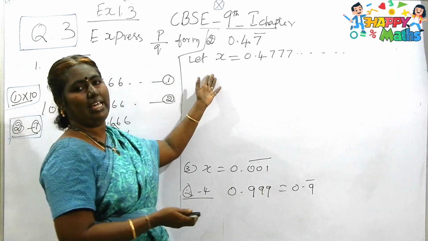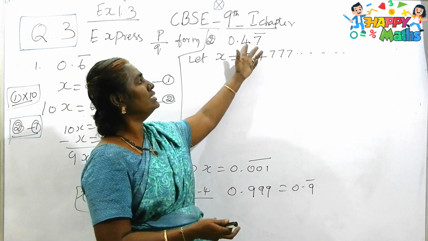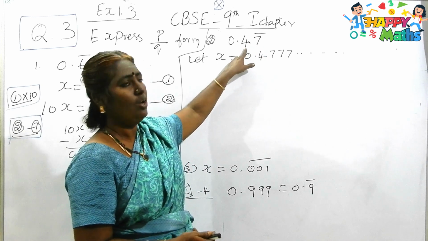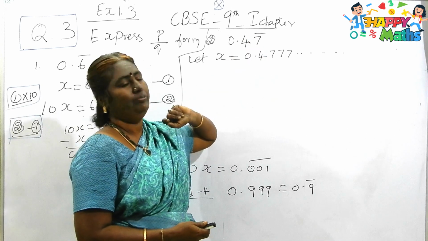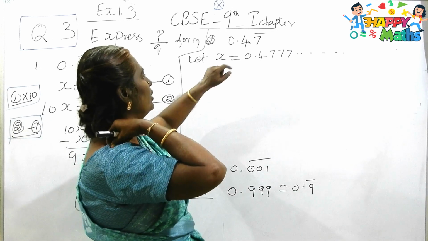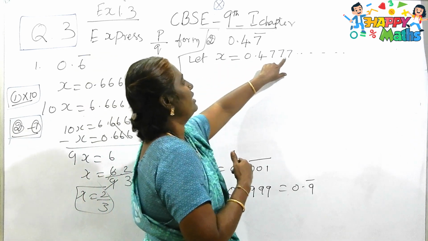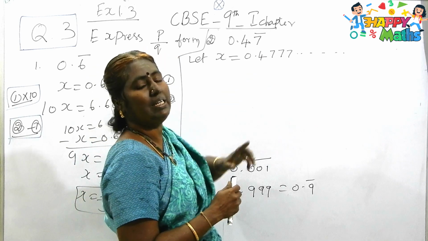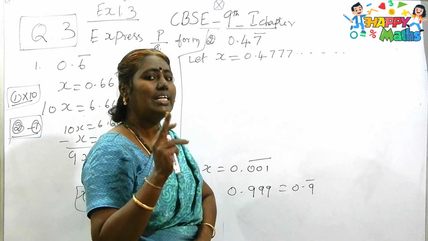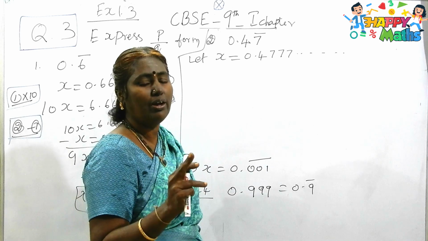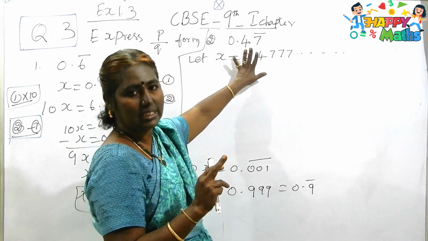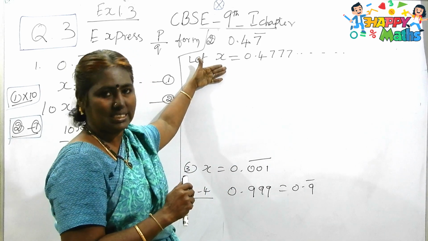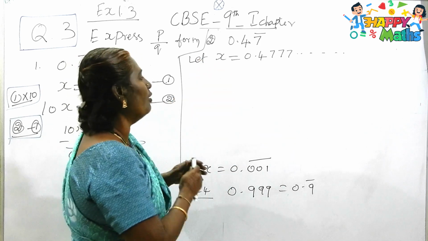But here in this case, there are two numbers after the decimal point, but 4 is not at all repeating, only 7 is repeating. So how do I do it now? 0.47777, it keeps on going. Yes sir, only 7 is repeating. See, I have done even example 8 or 9, I think. So if it is like this, what do you have to do? You cannot straight away subtract x now.